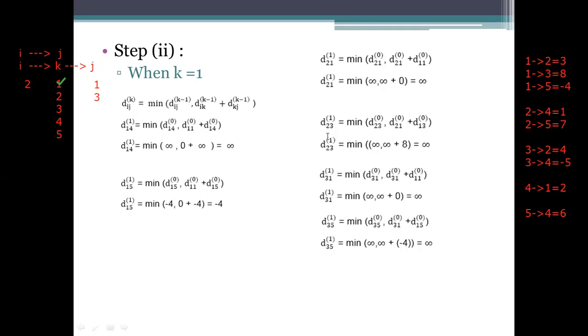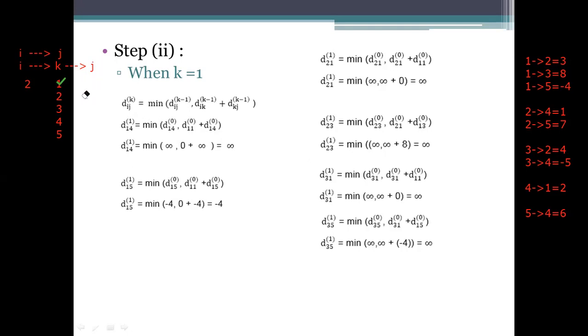And coming to the next one, 2 to 3. For 2 to 3, I need to traverse from 2 to 1, and I need to traverse from 1 to 3. Okay. So we need to see whether there lies a path or not. Hence, it is having an edge to 2, that is 1, 2, 3 also, but it is adding to infinity now. So there is no change in that value. That is the first representation for that one.